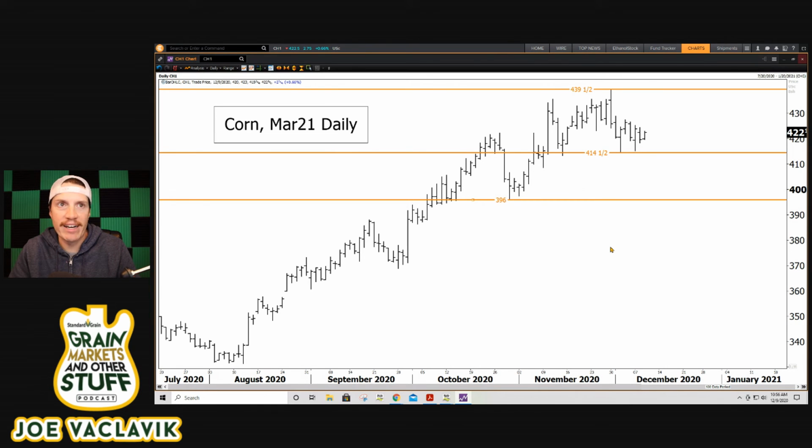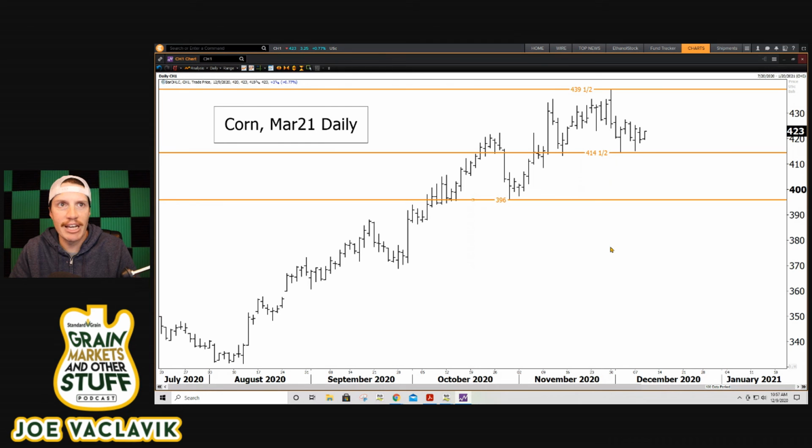I think, as a matter of fact, if we want to see this thing continue into 2021, we may need to see the funds set back a little bit, maybe peel back a little bit of that position, maybe get the sentiment to shift just a little bit. Nothing changes sentiment like price. And if you were to take 25, 30 cents off this market, you would have some bearish sentiment emerge. You would have some bears emerge in the marketplace. And a lot of times that's what it takes. A lot of times you need to get back to equilibrium or somewhere close to it if you want the rally to continue. And I want the rally to continue. We all want the rally to continue for sure.